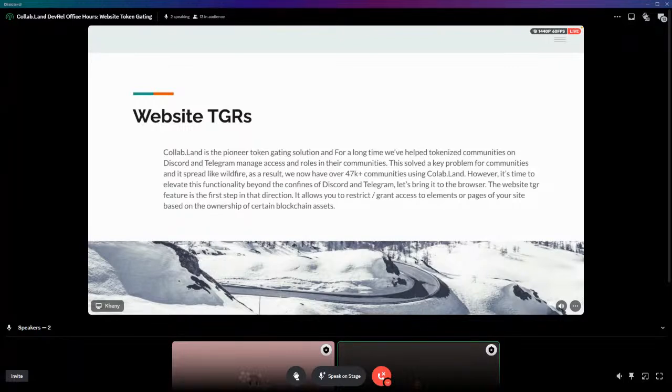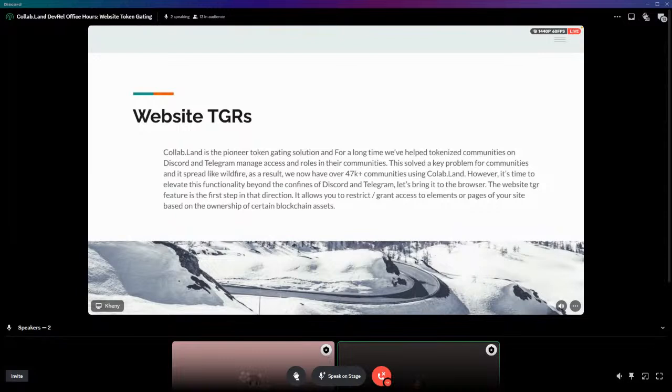It was a way that allowed people to create exclusive communities for themselves, their projects, their products, or their companies in such a way that entrance would require certain assets. If they have that asset, they get access. Otherwise, they don't. And I think Collab.Land probably is the pioneer of this solution. We are the first people to make this a thing